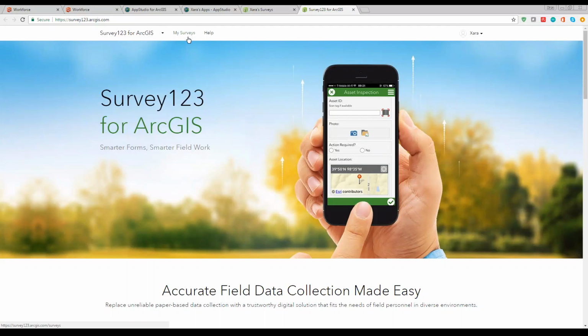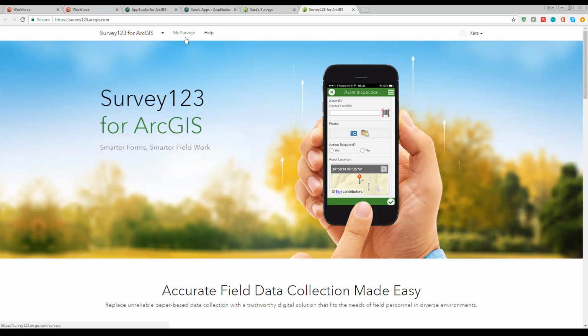So they can be created through your ArcMap or through ArcGIS Pro. And then from there, you can easily publish it and share it in your ArcGIS Online organizational account.